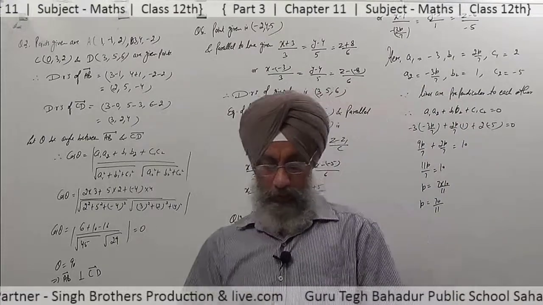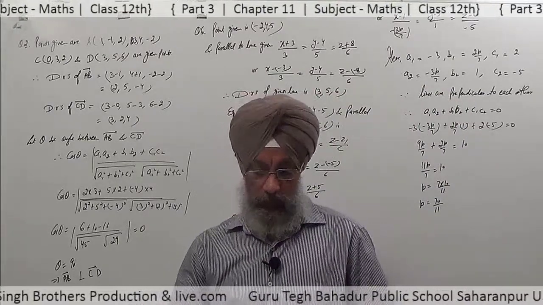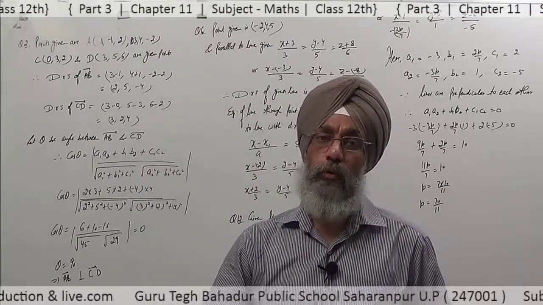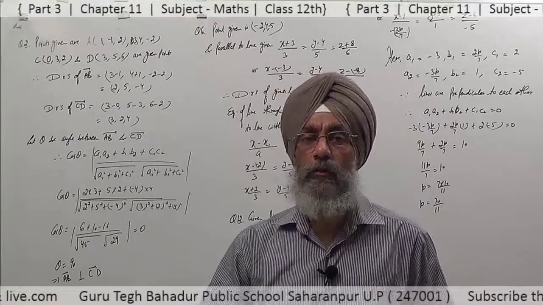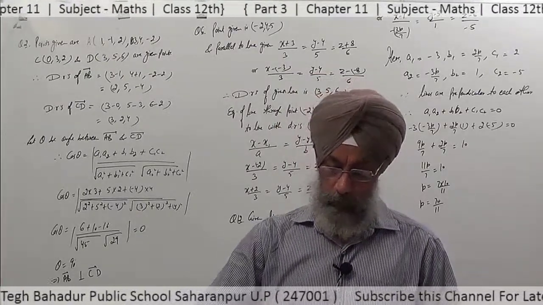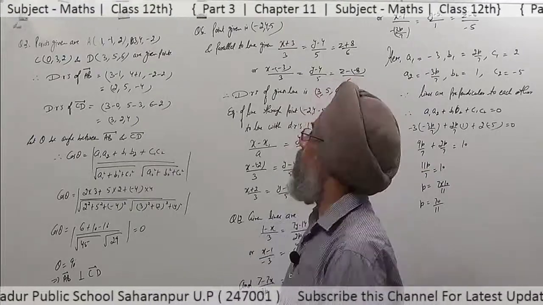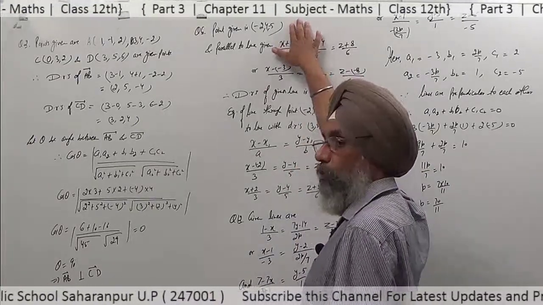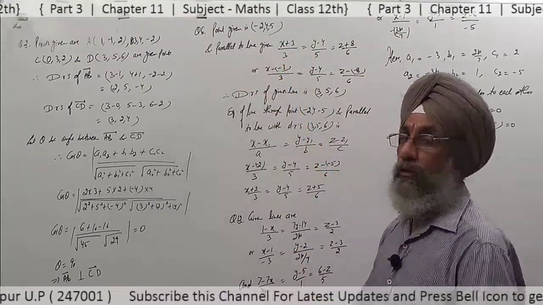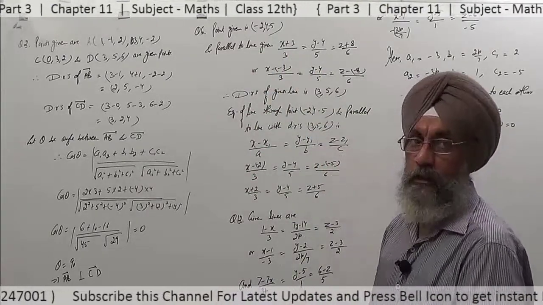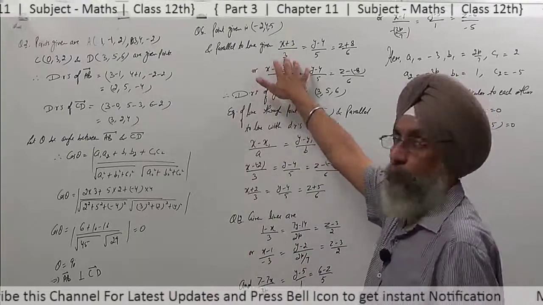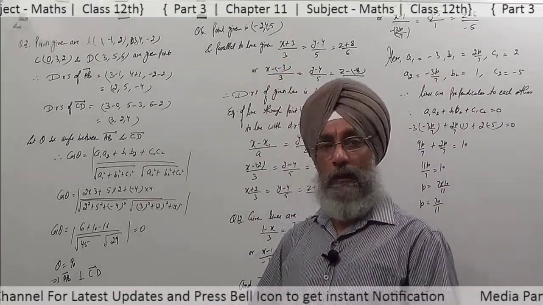See question number 6. It is saying find the Cartesian equation of the line, only Cartesian form, which passes through the point (-2, 4, -5) and is parallel to the line given by (x plus 3) upon 3, (y minus 4) upon 5, (z plus 8) upon 6. This is the point given to us. Moreover, this is the line which is parallel to the required line. The line which we require is parallel to this given line. It means that the direction ratios of the required line and the direction ratios of the given line are proportional to each other, or you can say they are the same.